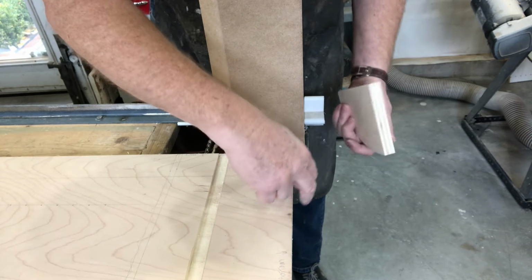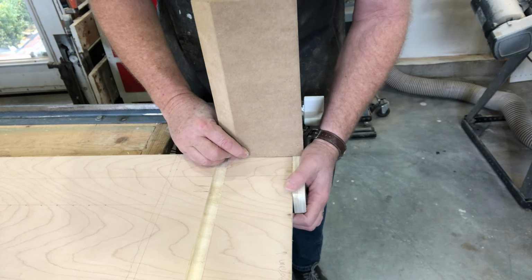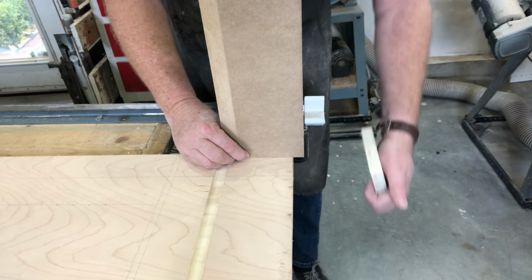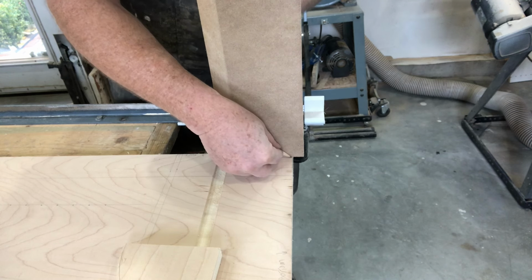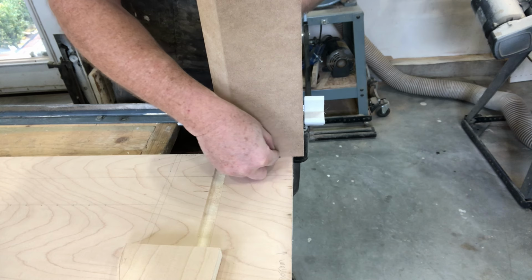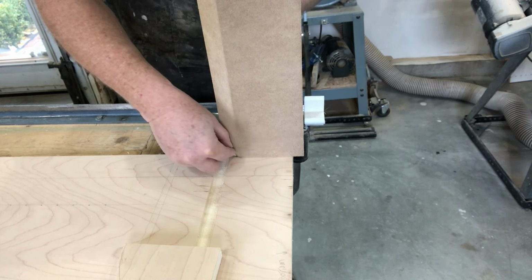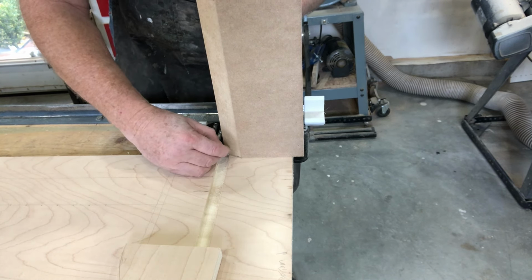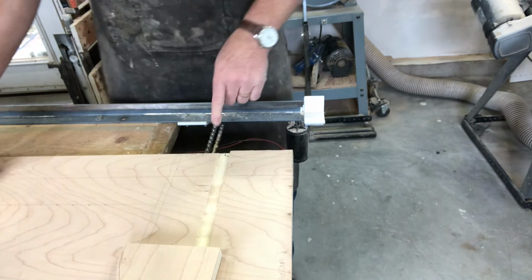including what will be a 3/4 inch foot on the bottom of that cabinet. So I add 3/4 inch, line this up with the back. Now I can see exactly where I want to cut. And we'll give just a little bit of clearance on that too. So that would be our cut,